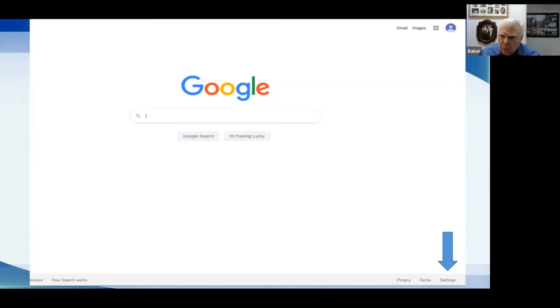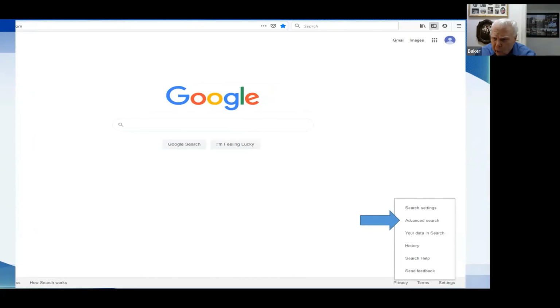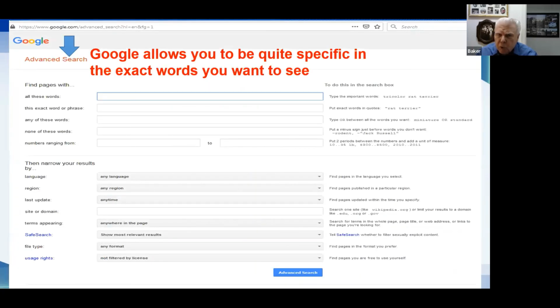Look at the opening page. Did you ever even think about going to that lower right-hand corner where it says Settings? Well, if you do, and if you click on it, here are some different options, one of which is Advanced Search. We will click on Advanced Search, and it opens up this new world for you, because now Advanced Search has